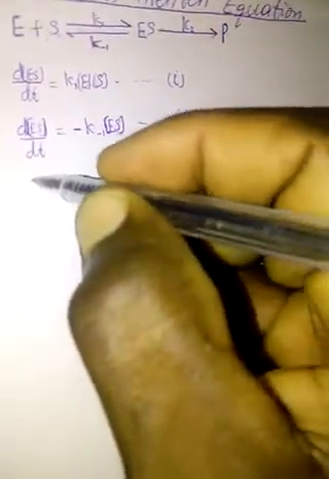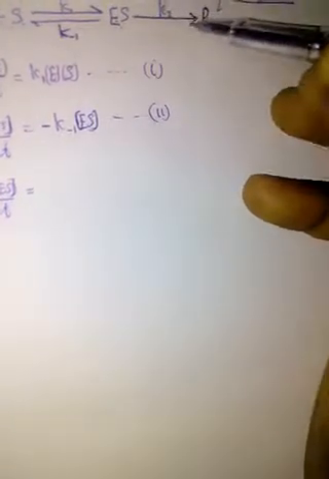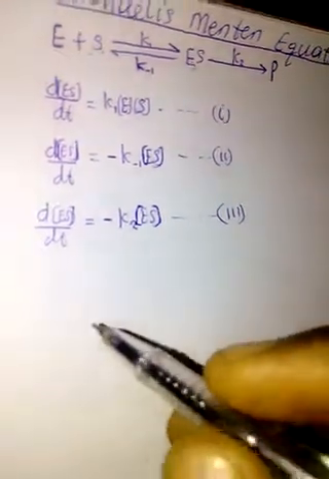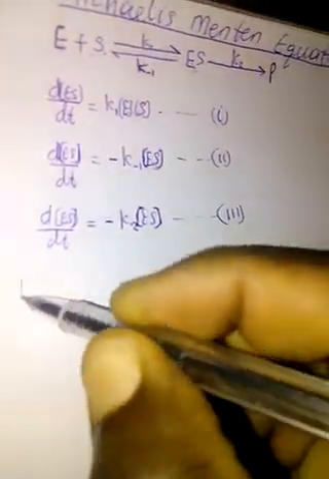Then we write the concentration of ES over time going, this is a second order reaction to form product. The rate at which this breaks down to form product, and again this is the reactant, so it will be minus K2 ES, equation 3. Then putting the three equations together,